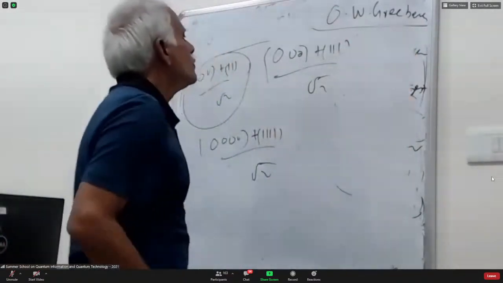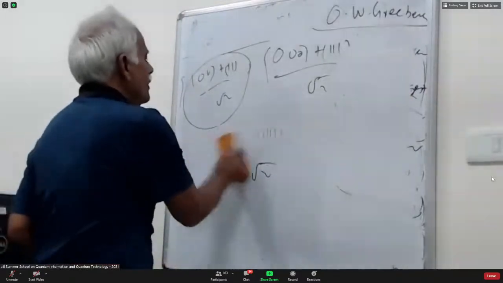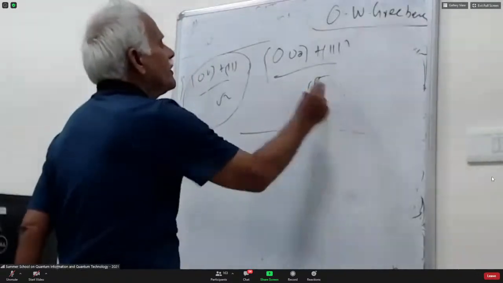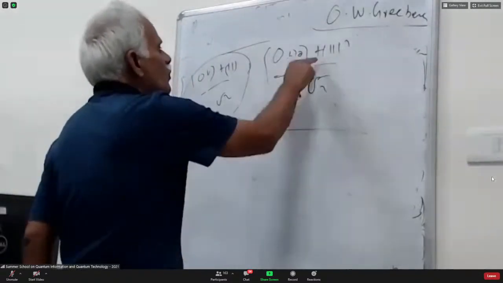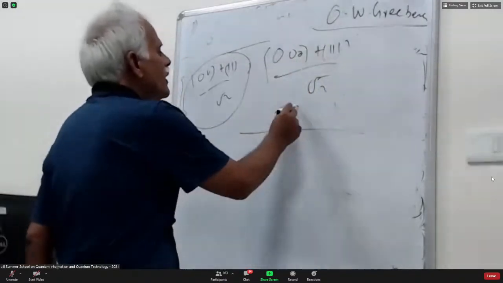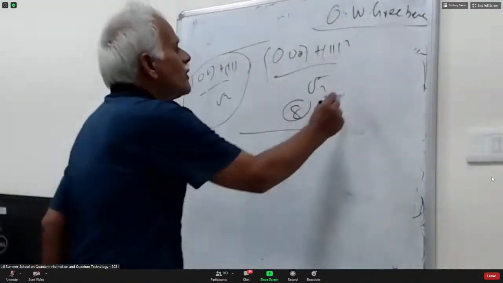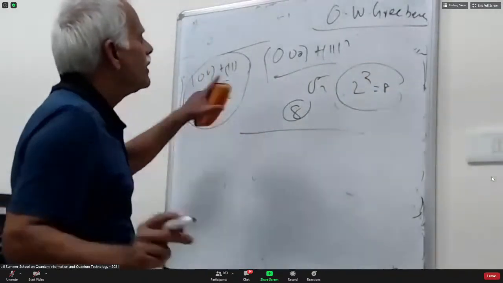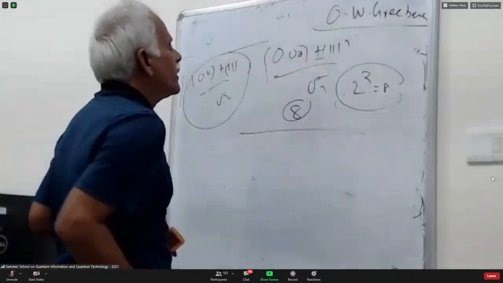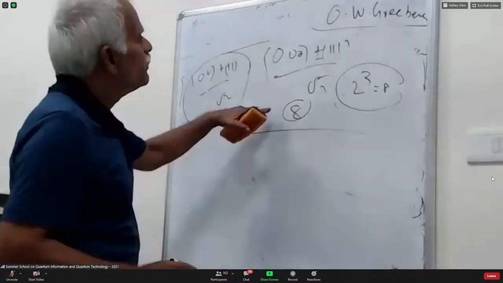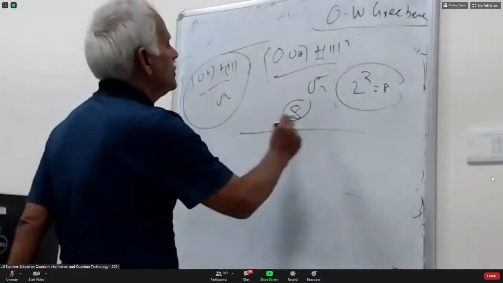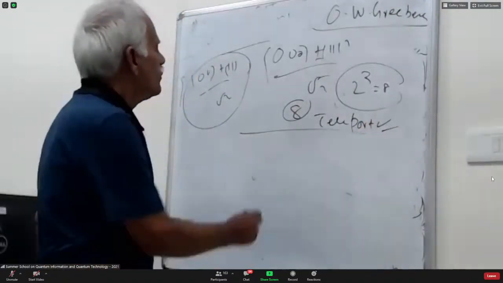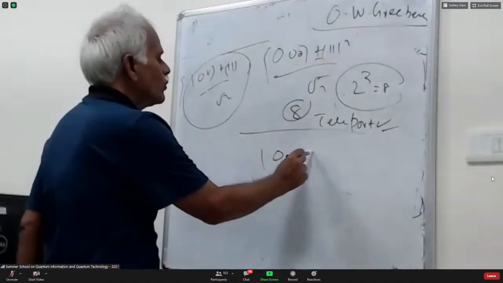So, Greenberger, Horne and Zeilinger showed that for 3 particles there are 2 distinct classes. One is this class. How many of them will be there? 8 of them, because 2 cubed is 8. So 8 state vectors orthogonal to each other. If you put all the plus and minus signs, you get all of them. They belong to one class. They can teleport. For this class, or the W class,